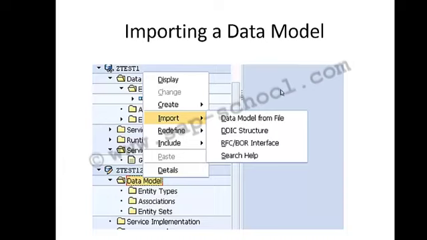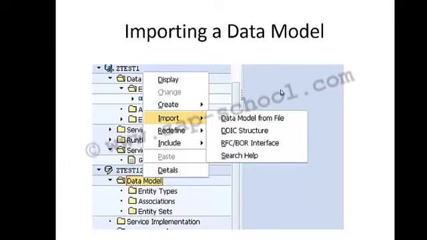So the file import function is developed to allow importing of the data model files defined by external model editors like EDMX file, which are created using the Visual Studio, and the metadata files type, that is XML, into the service builder to create a data model. So the files can be imported into the service builder for the project types including service with SAP annotation and then the service with vocabulary based annotation.